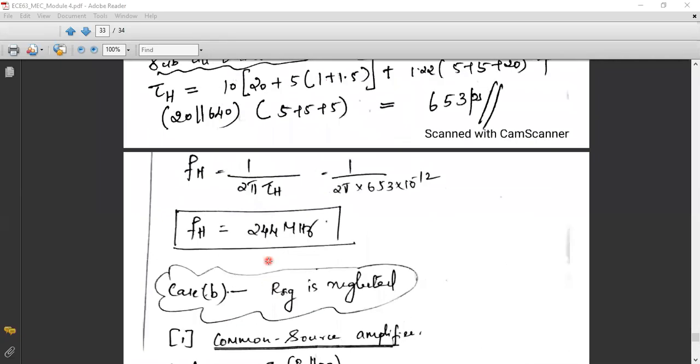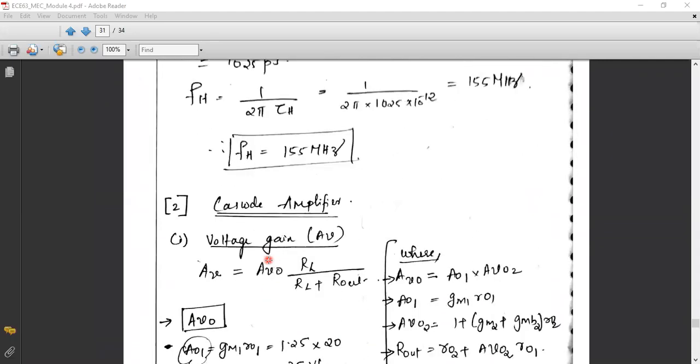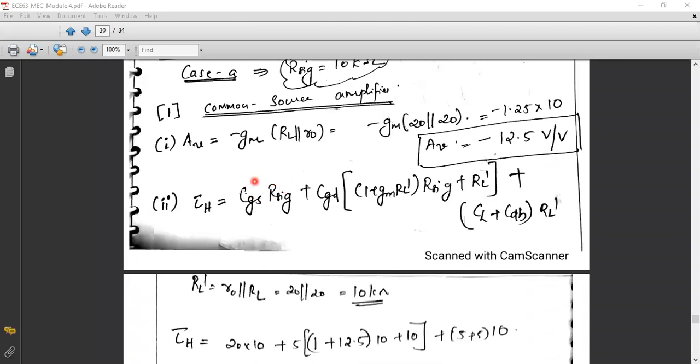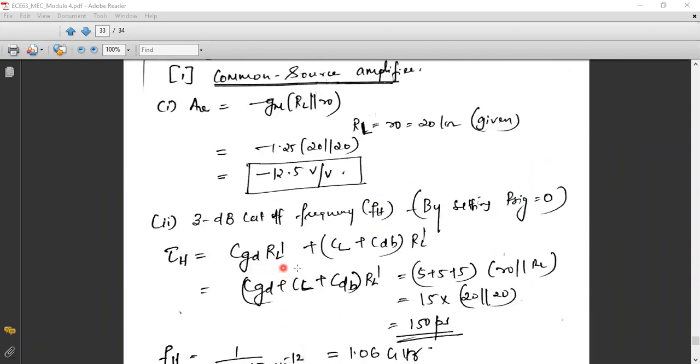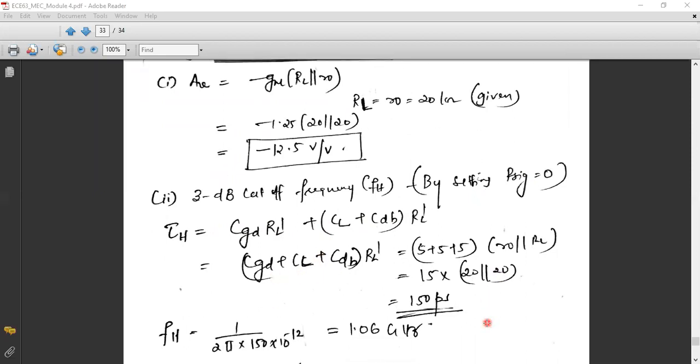Now coming to the 3 dB cutoff frequency, if you see the general expression of the previous case, we have three terms, right? So in this, we will neglect the first term, RSIC will be 0. Here also you can substitute RSIC is equal to 0. So the remaining terms will only be considered to compute the tau h value, understood? So neglecting RSIC, you have written this particular equation, take down that. That is, in the general equation, you will substitute RSIC is equal to 0, and then you have rewritten the equation. And in this, we'll substitute the parameters given and find the frequency tau h. Is the concept clear for you?